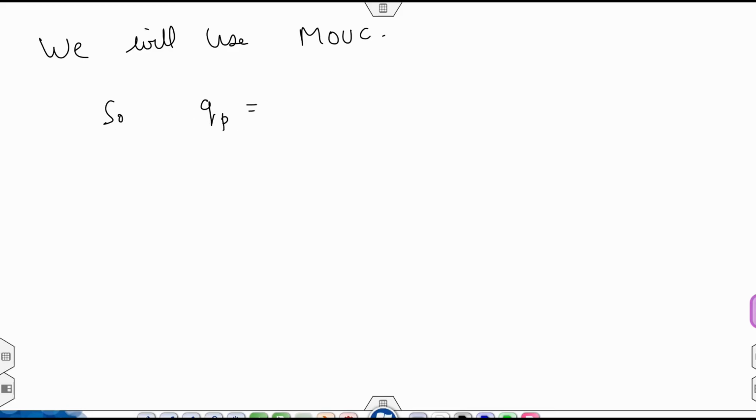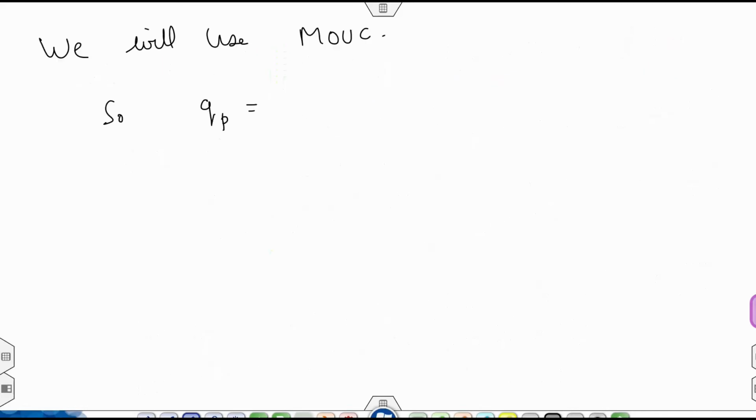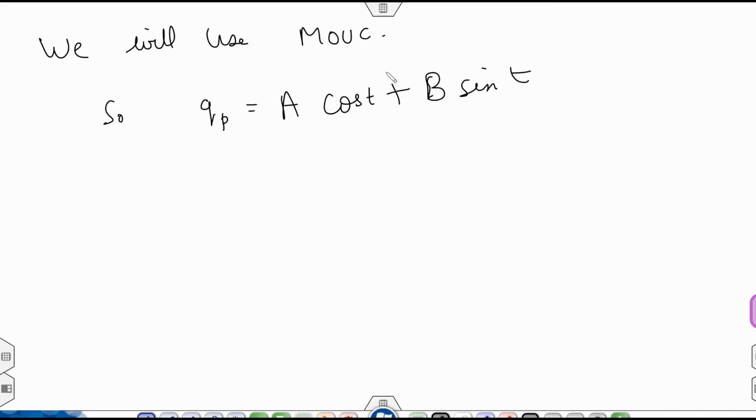So how can you do this? By looking at the value of Rx. Over here we can see the value of Rx is cos of t. So what will be our trial solution? Our trial solution will be A cos of t plus B sin of t. You can see that this will have no problem as your Yg is entirely different from Yp. So this is your trial solution.